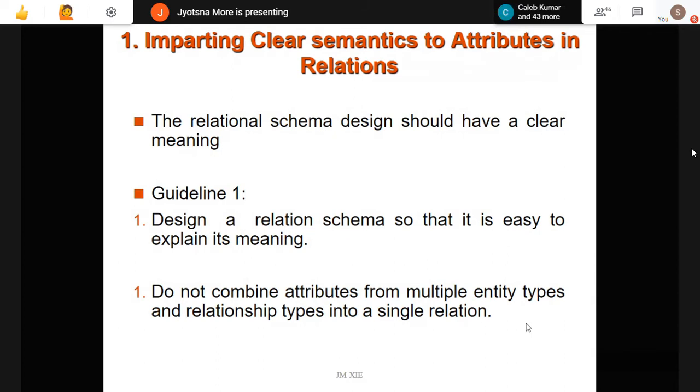Sometimes in an ER diagram we also saw many people having the same attribute in every relation, like name. I told you that attribute names should be different. For that relation, write the related attribute: the relation name, an underscore, then the attribute name, for example, name. So that you will come to know exactly that this is the field for this particular relation. Right? So that is the first guideline.